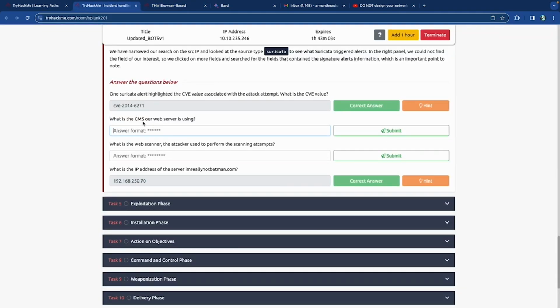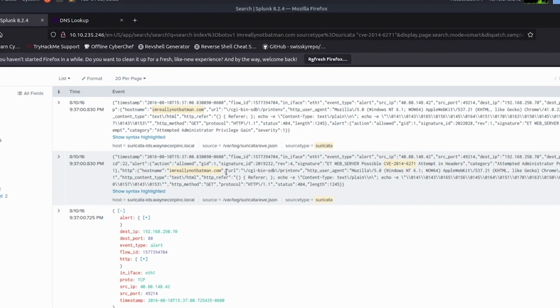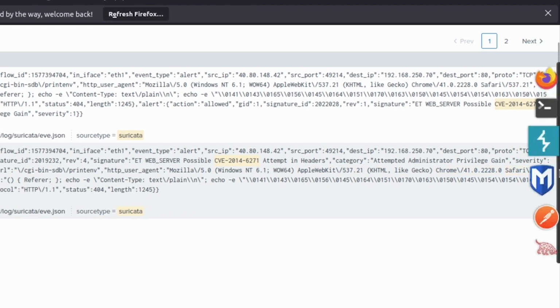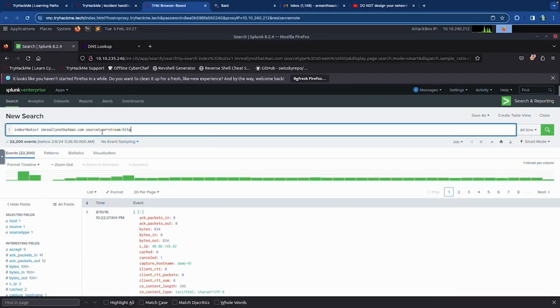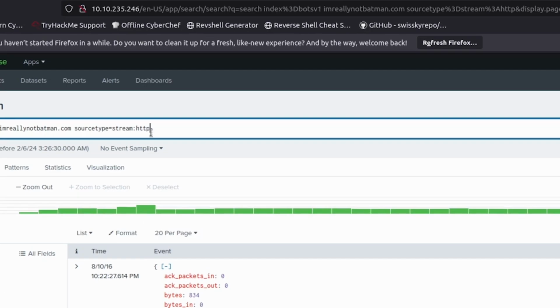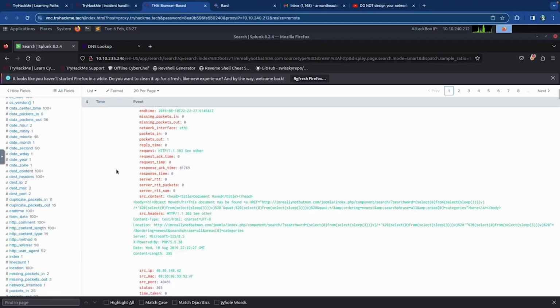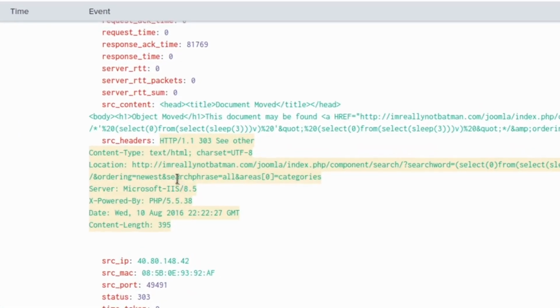And now it says the CMS our web server is using. So what is the CMS that our web server is using? So the I'm Not Batman, if you go into the information here, we should be able to see a little bit more about our specific CMS. All right, so for this one, we had to change our source type from Suricata to HTTP stream:/HTTP. And then you can actually see the headers, the source headers of everything. And if you zoom in a little bit on the domain name, right after the domain name,